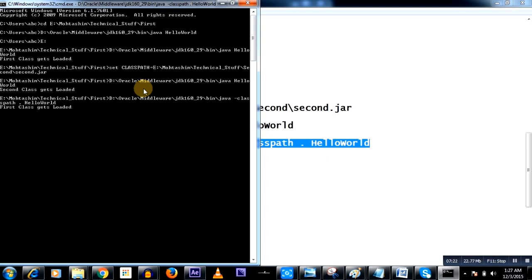So I hope you understood order number 1, order number 2 and order number 3 of the preference that the JVM gives if it finds the same class file specified via the explicit class path variable or as an argument to the Java executable, or if you do not mention anything.